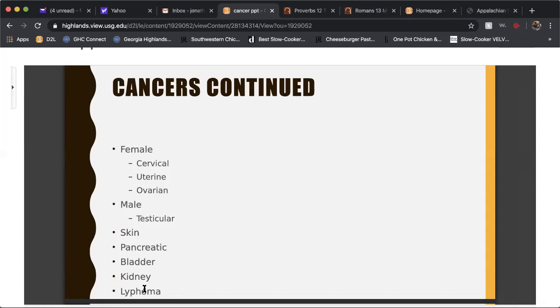Because this has to do with your immune system, which is all over your body, it's very similar to leukemia, in that it can be hard to treat because it's all over the body. And so this rounds out the cancers we're going to